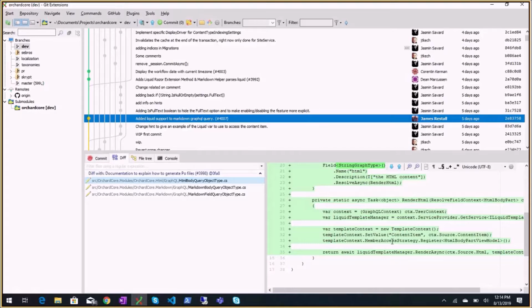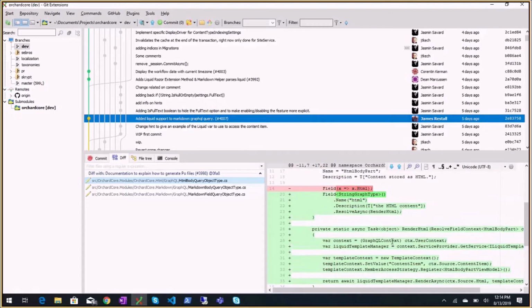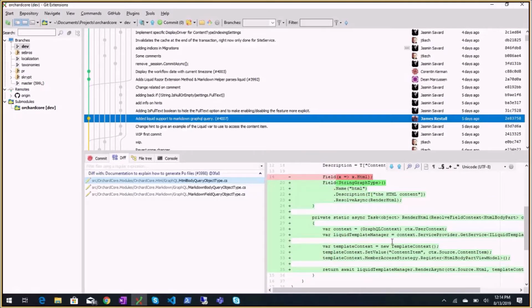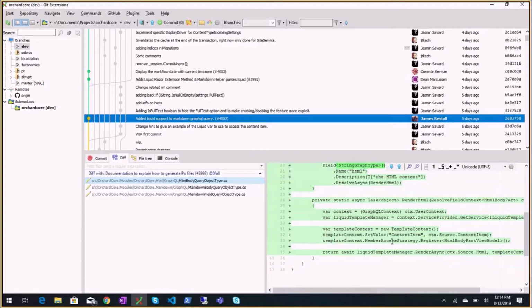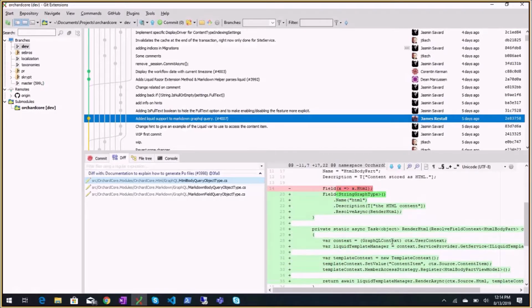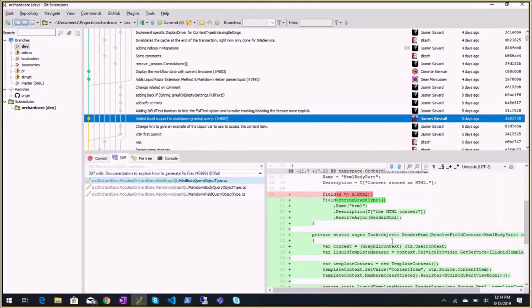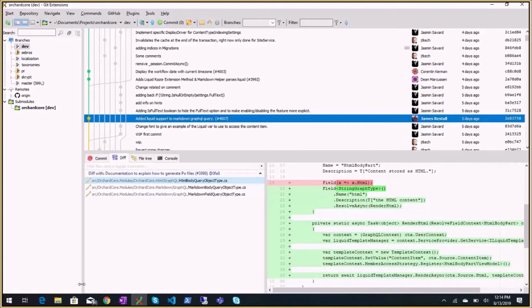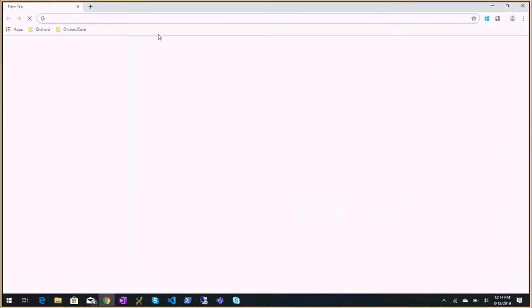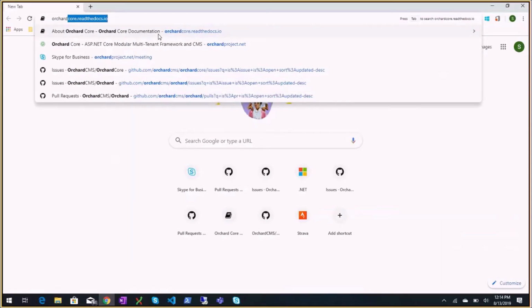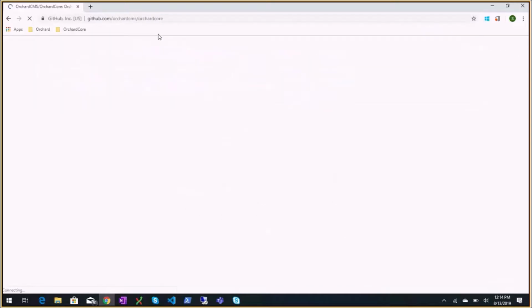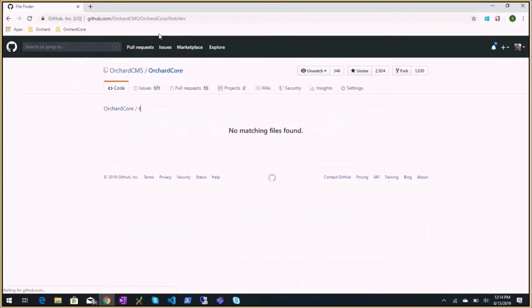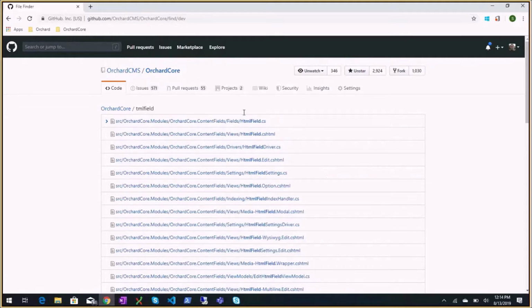Does it mean we don't have an HTML field? Maybe it should be done also on the HTML field. We have to check if it's not already done. Probably not done. HTML field.